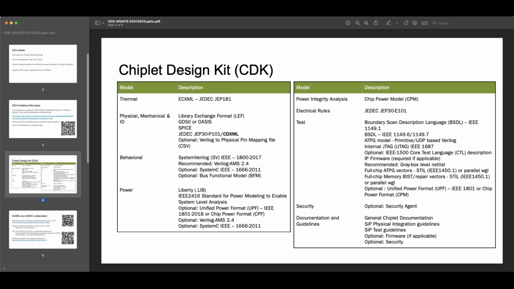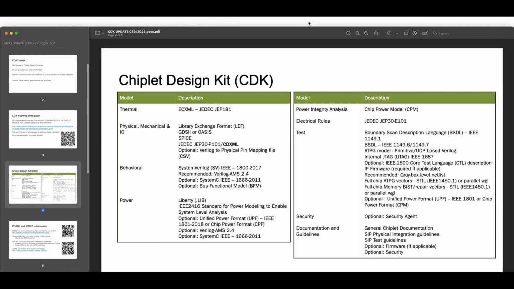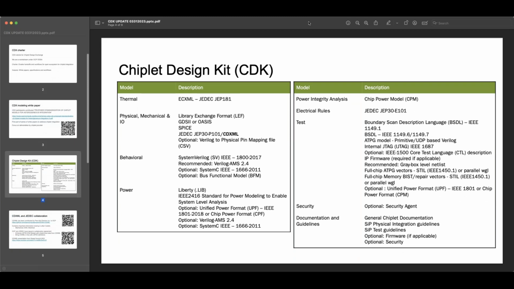What's happening is when we are working with JEDEC, there is a lot that we are learning in terms of what formats JEDEC and the PCB industry, for example, are used to. So we thought that in a few weeks, we'll have a better idea on what will be the bare minimum that we will add to the metadata.